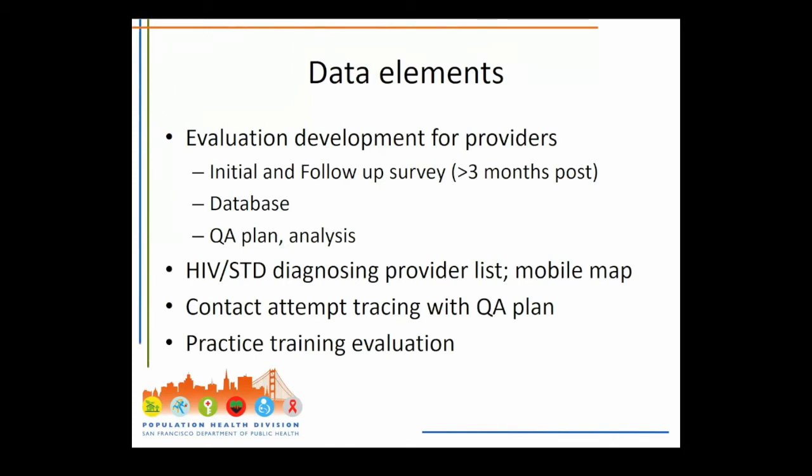Some of the other data elements that we developed included a map of all of the HIV diagnosing providers that had been generated by surveillance, because we felt that if the detailer was already out in the field, then she could maybe drop by some offices that may be co-located with a person that she had already scheduled detailing. In addition, we had to figure out how to monitor contact attempts